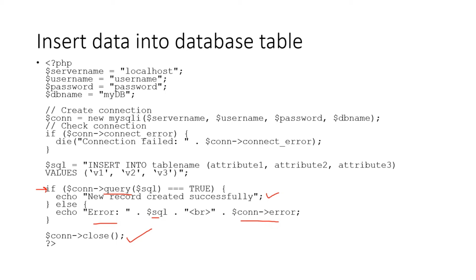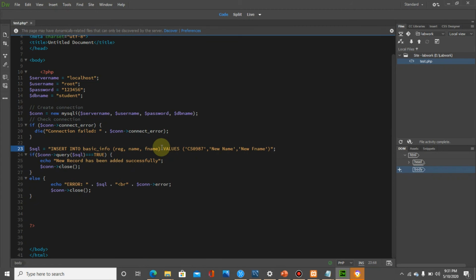Now we will check this in our code. Here we used the insert statement for basic info. This is the table name in our database. Our database is student and it has 3 attributes: reg, name and fname, and these are the values for these 3 attributes. So this SQL will be executed with the help of this query,